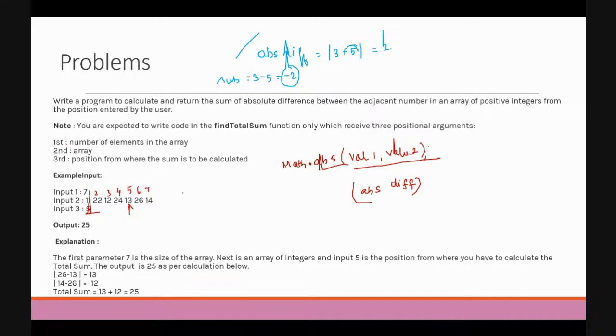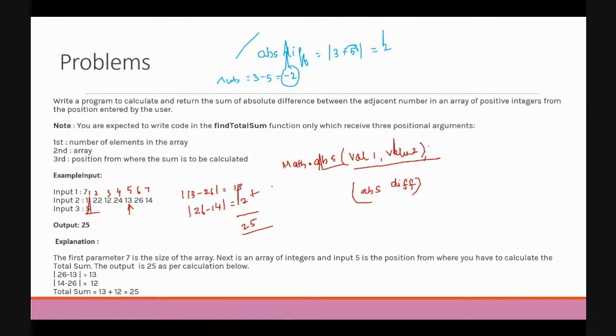Adjacent values have to be subtracted. So 13 minus 26 will be one value, which will be 13. And then 14 minus 26 will be the other value, which will be 12.